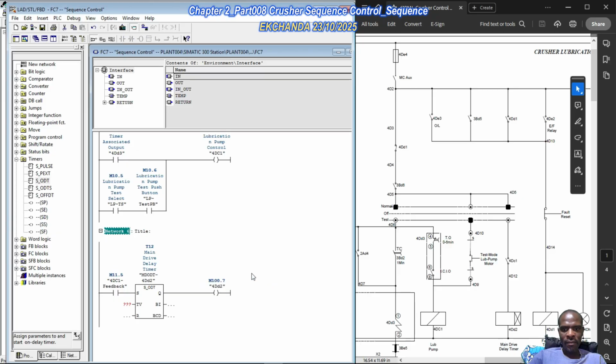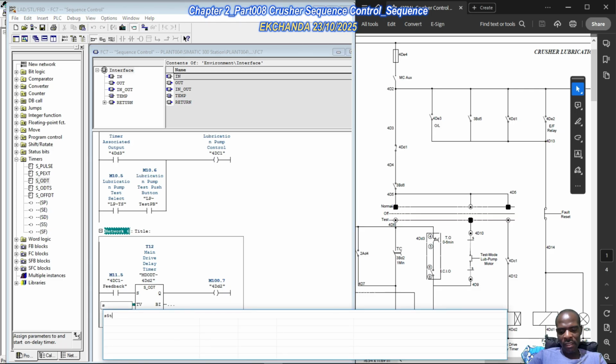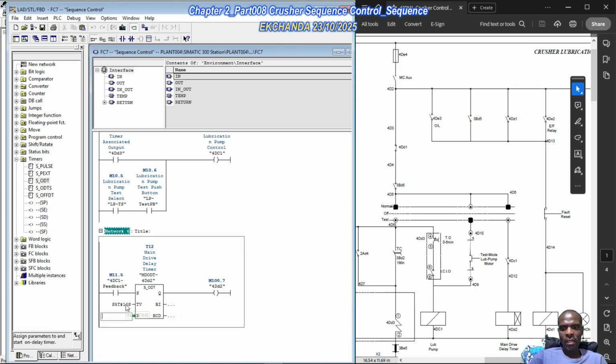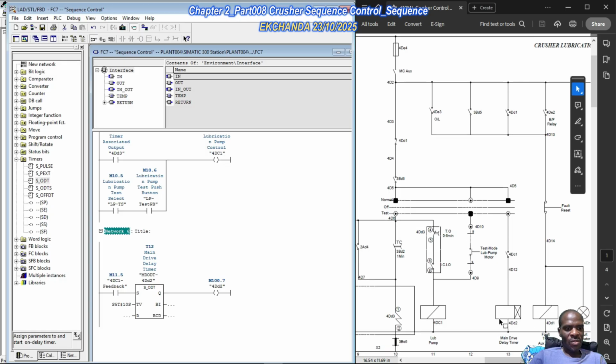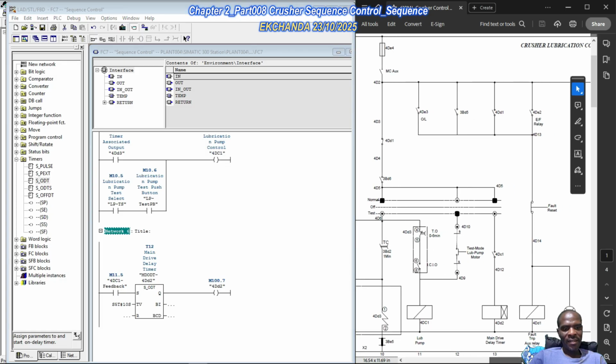4DD2, yes we did. And then the time for the crusher main drive motor to come on, we'll say S5T hash, well, let's give it a petty 10 seconds. I'm just putting arbitrary values. These need to be the actual time values that you want your system to run on. So the main drive delay timer is being configured. So we've done this one here. Okay. We're not going to talk about the next run because we know it's just the